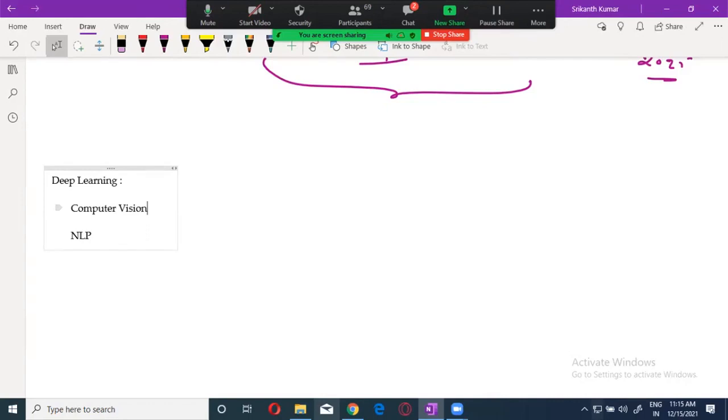This small biological term, neurons, and this mechanism we are going to use in computer vision. You are making a machine to recognize you. This can be done in such an intelligent way that if a person's photo was given 10 years back, and he went to another country and came back after 10 or 15 years after committing some crime, still the camera will recognize that this person is over here. That is what is done in computer vision.